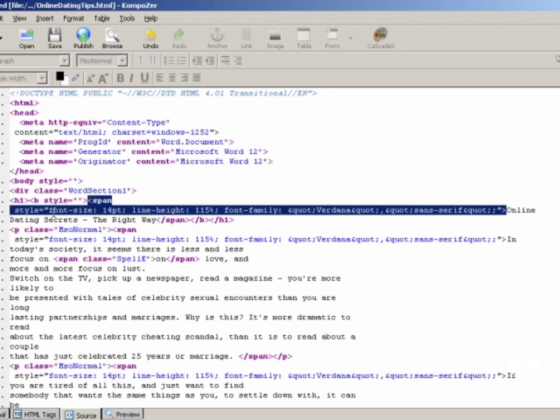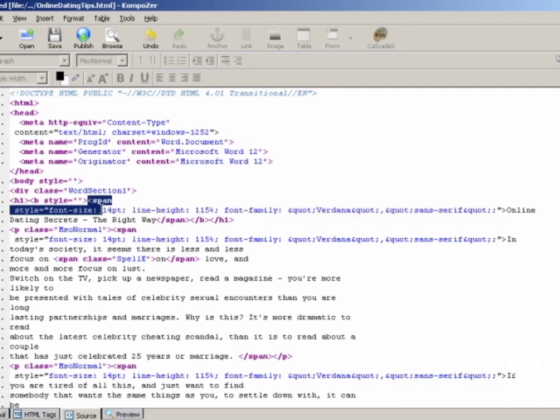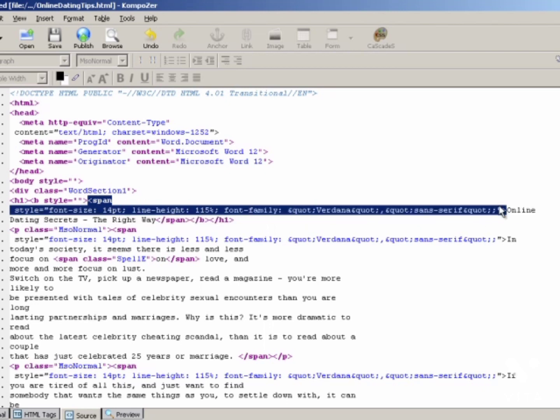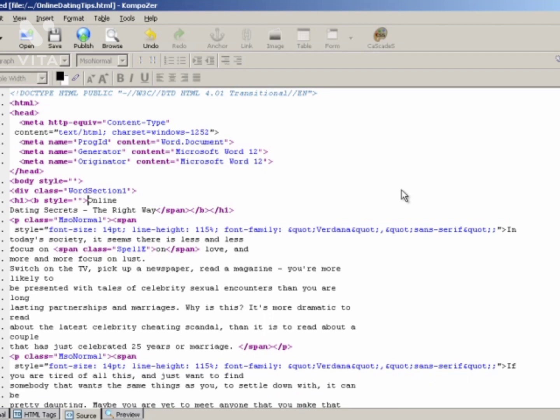And another thing are span tags. You don't need span tags. So, for example, you're going to see a lot of span tags where it starts out with span, style, font size, 14 font, and it goes all the way and ends in this tag here. What we can do is we can remove that. And let me show you. If we remove this, when we go back to the normal preview,